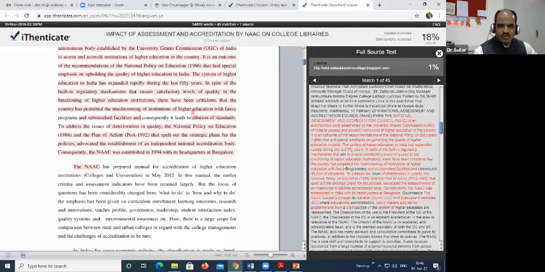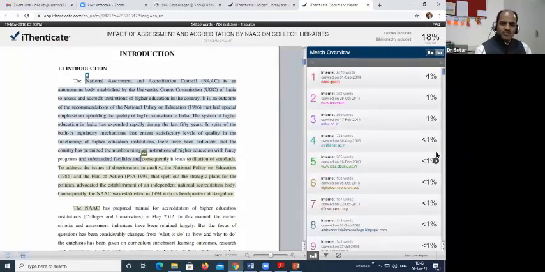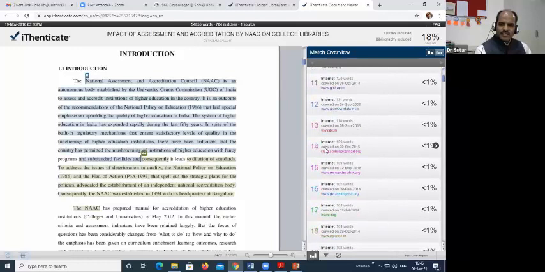So it is going to be detected in this way. Whatever changes you make, whether you omit any word, or add a new word, or change the spelling, that can also be identified by this software. So don't do that. So I have shown. In this way, if I click on this 22 source, it will show that this is the source.